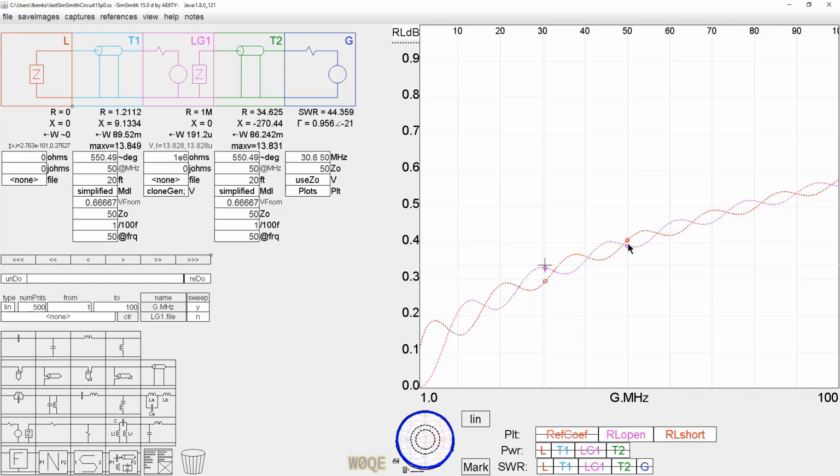At 50 megahertz here, where are we? This value sits at a little bit over 0.4 dB, say 0.407 dB. This point sits at 0.391. We average 0.407 and 0.391, and we get like 0.398 or 0.399. That's pretty darn close to 0.4 dB, which is the expected value. So your little antenna analyzer can be used to actually measure the loss in a piece of coax if you wish. Again, like I said before, if we were down here at this frequency and trying to make the measurement,